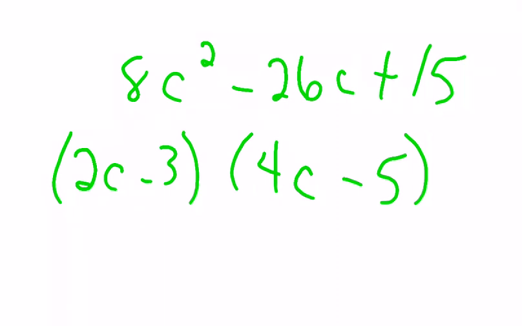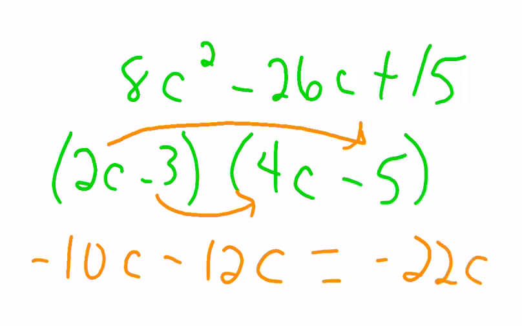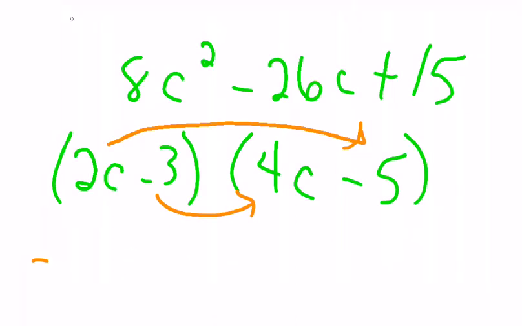We need to see if we can figure out what is our middle. So that's when we multiply the outers and the inners together. So 2c times a negative 5 is negative 10c. And negative 3 times 4c is a negative 12c. Now, if I add those together, negative 10 minus 12, or subtract rather, then I get negative 22c. Now, that doesn't give me the negative 26. So, I need to try again. That is not going to be our